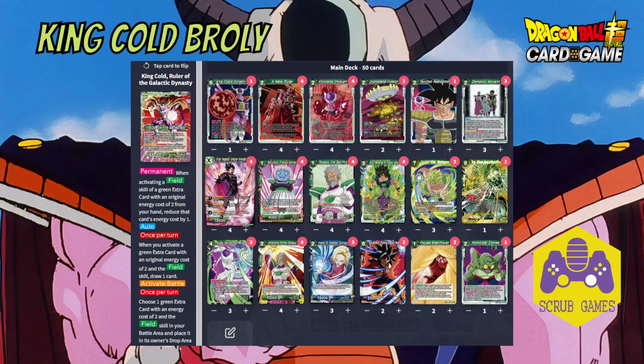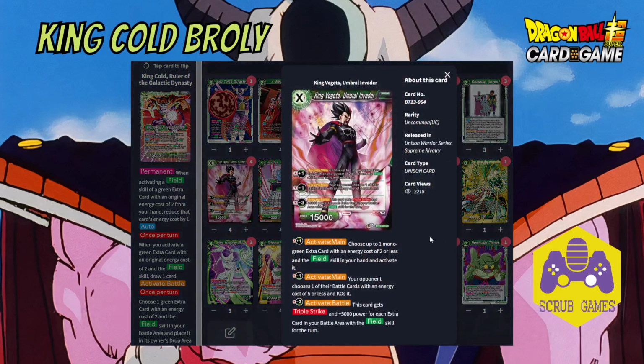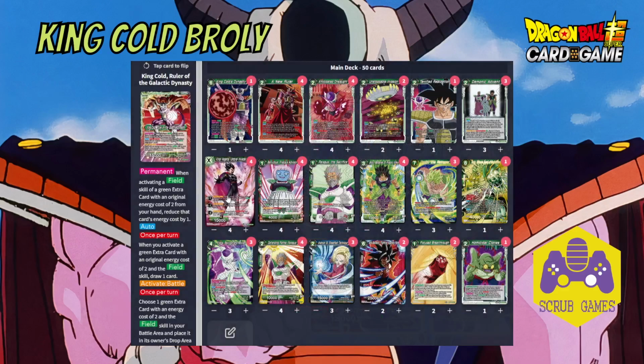And then we have the unison of choice, being the Green Vegeta, because it can free play any of these 2 cost fill cards for free, and it has a helpful win condition as well, where it's just activate battle, which can force negates, and if it doesn't get negated, potentially end the game with its triple strikes by giving itself a 5k boost for each fill card on your board, which you can get up to a total of 45, and triple strike as well